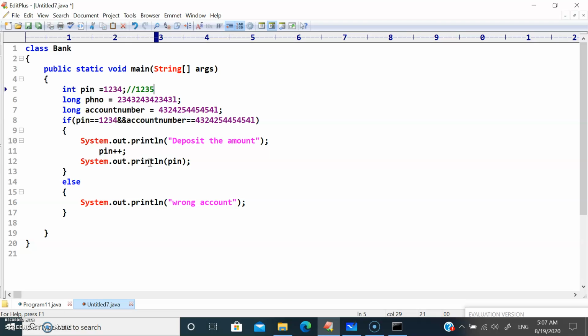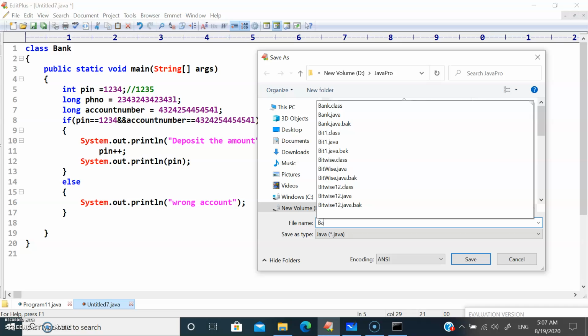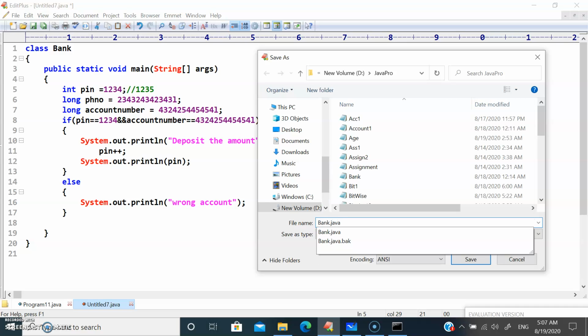Okay, so let's see the output for this program. Let me save this as bank.java.